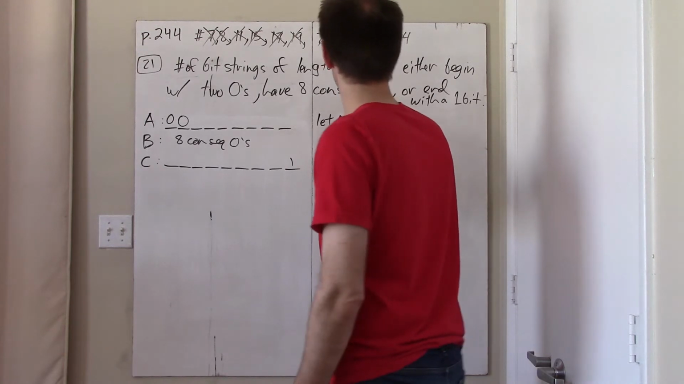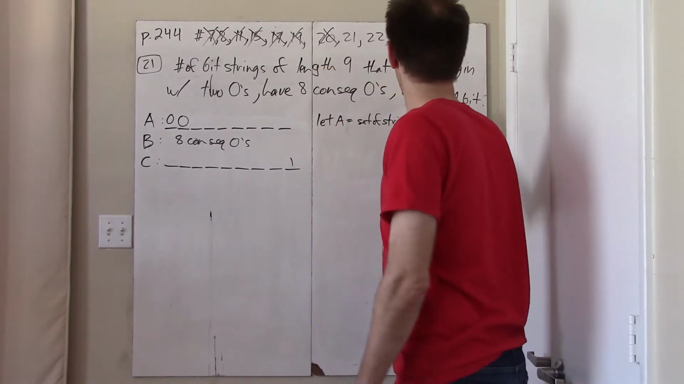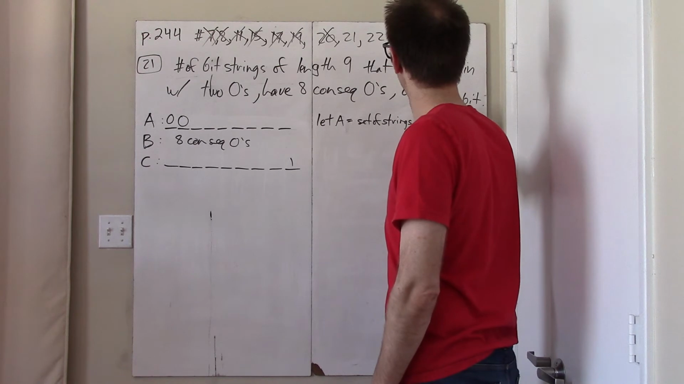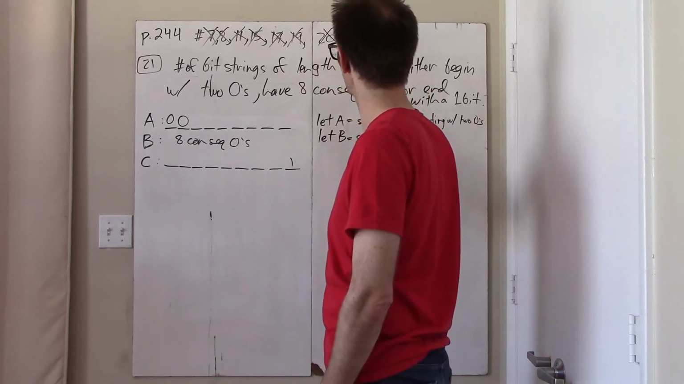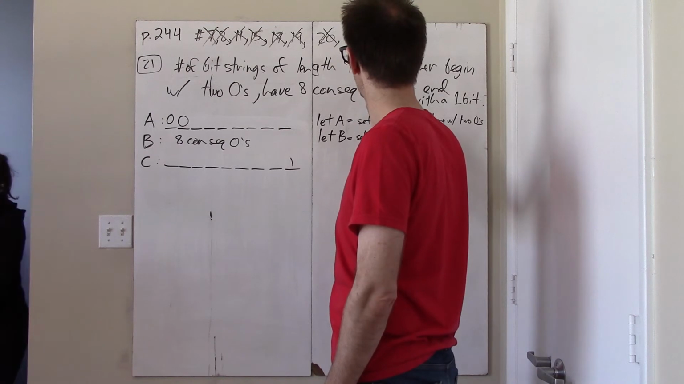So I will let A be the set of strings of length 9 starting with 2 zeros. And let B be the set of strings